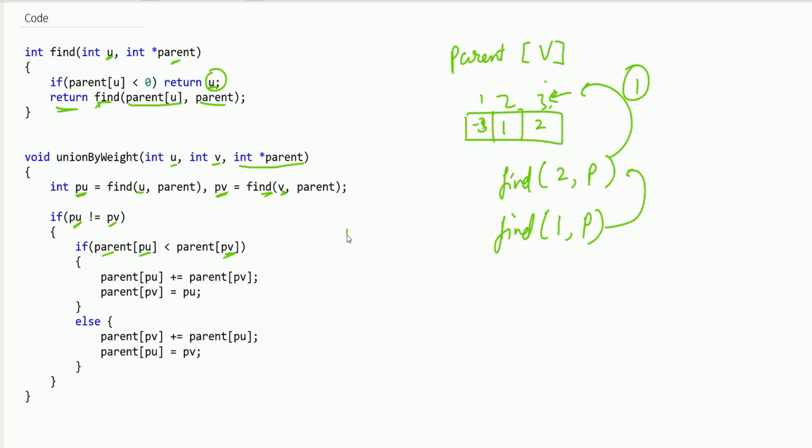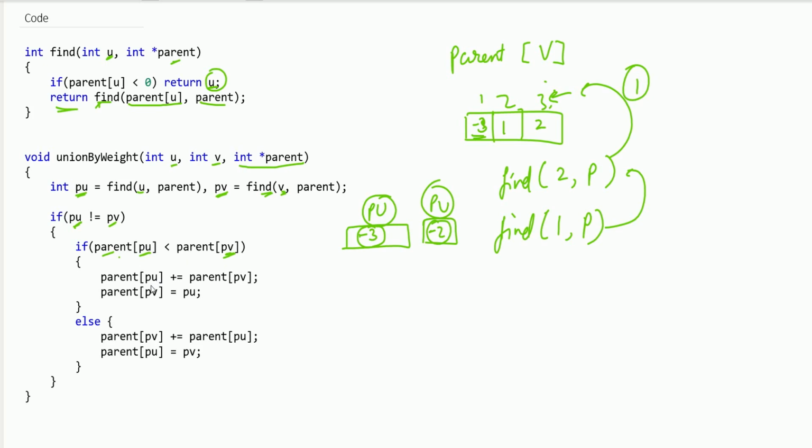What it is doing is, so parent of PU will be negative because PU is a representative element. So every representative element in the parent matrix, they have negative number. So we are checking if parent of PU, suppose PU is -3 and PV is -2. It means there are 3 elements here and 2 here. So by weight, PU is greater than PV. So that is what we are checking. If parent of PU is less than parent of PV, it means PU is greater than PV in terms of weight.